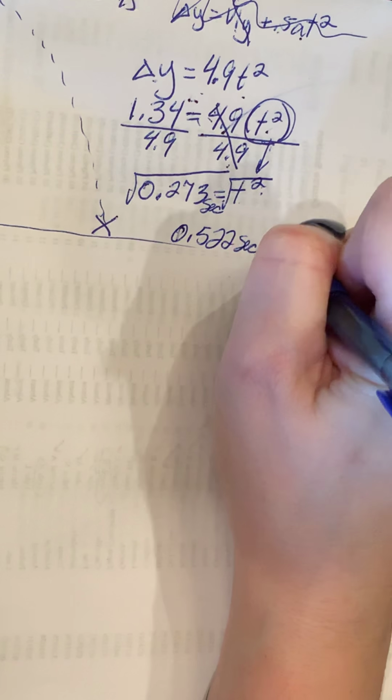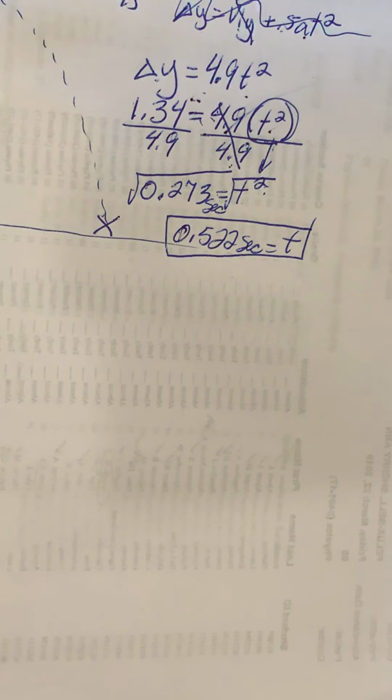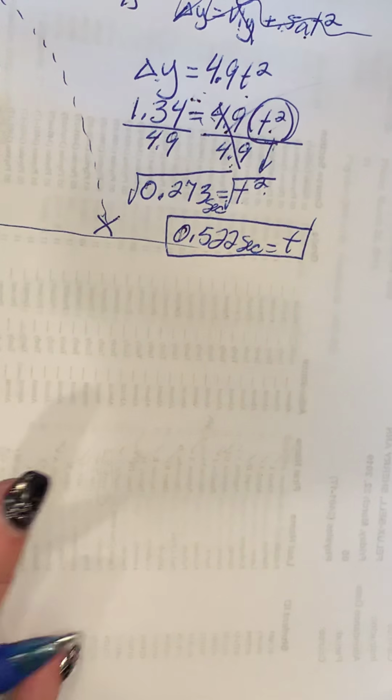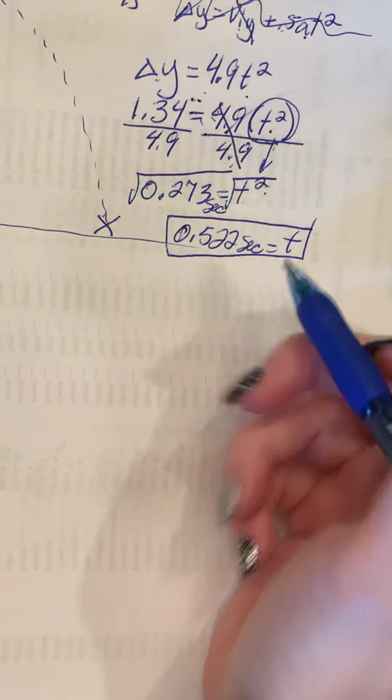0.522 seconds equals how long it's in the air. So that's not for very long. It's less than 1 second in the air. Considering that it's only 1 meter thick, a little bit more than that in height, of course it's going to hit the ground pretty quick. So now that we know how long it's going to be in the air, we need to solve for where